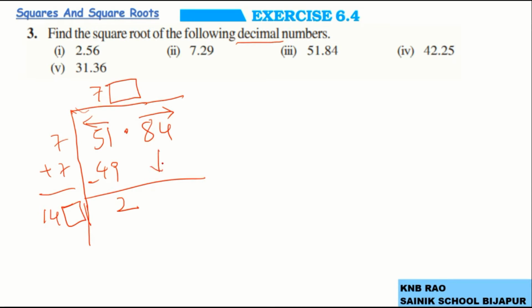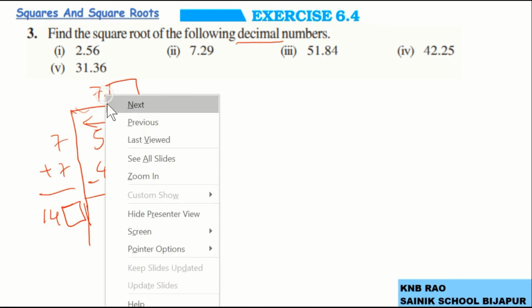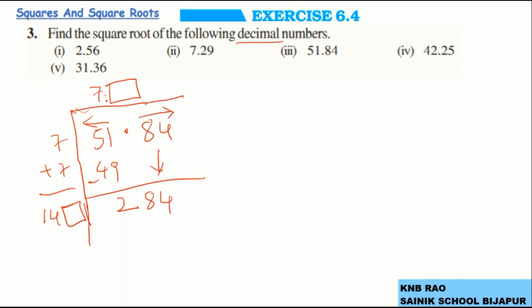For that we will bring down the next pair. Since we are bringing a pair from the decimal portion, this digit will be from the decimal portion. So here, 7 point, that 10th place we will be identifying. How to identify? I have already said, by trial and error we calculate.